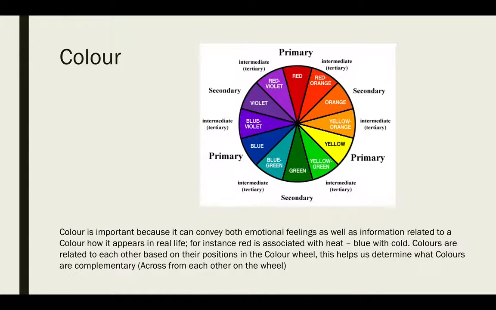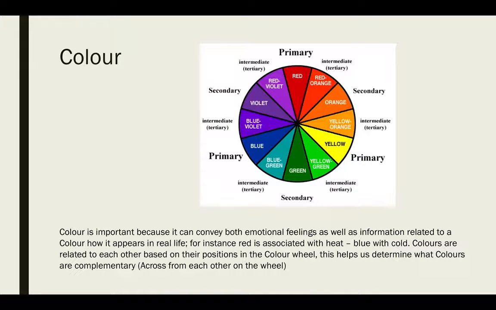The colors that we know of can usually be seen referenced in wheels that show us the different colors between the primaries, which are blue, red, and yellow. In design and art, colors that are very close to each other on either side, for example, blue would have blue violet and blue green. These colors go well together because they are similar and they work well in compositions together,